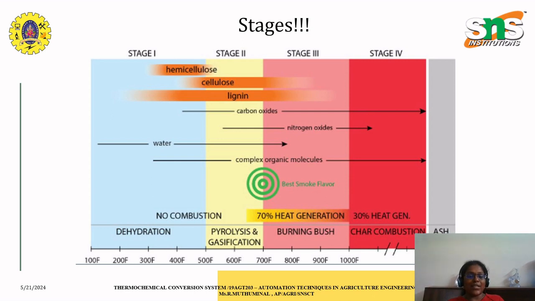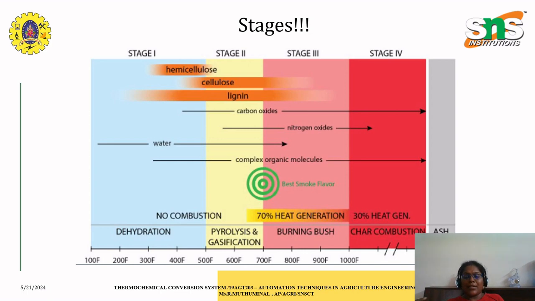There are 4 stages, and I have separated each stage according to the temperature which has to be reached. Initially it is under 100 degrees. While I reach 500 Fahrenheit, dehydration takes place. The water gets dehydrated and the particles get converted into hemicellulose, and the initial stage of conversion into cellulose takes place at stage 1. And when the combustion heat reaches 700 Fahrenheit, the hemicellulose gets separated and will be converted into cellulose, where the carbon dioxide will be